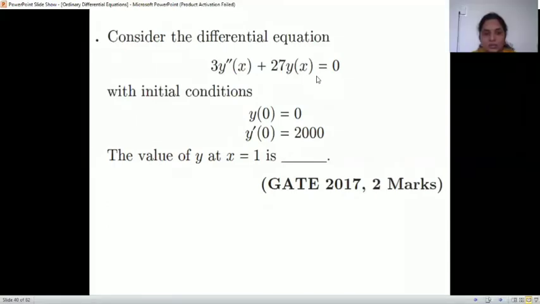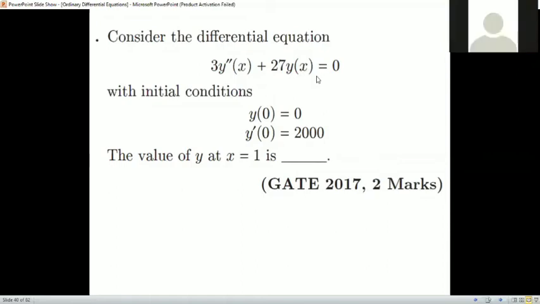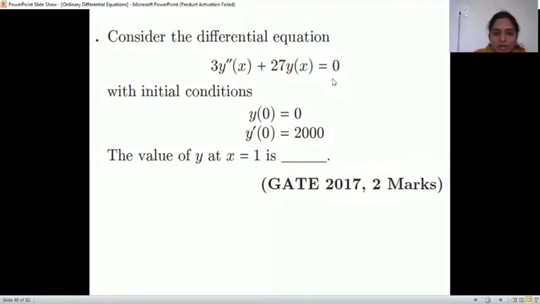Very good. And then how to write its solution if the roots are plus minus 3i? Yes, y is equal to c1 cos 3x plus c2 sin 3x. Right? This is the solution. And as the right side is 0, its particular part is 0. So it has only the solution as yc. Yc, the complementary function, is the final solution. So y is c1 cos 3x plus c2 sin 3x.